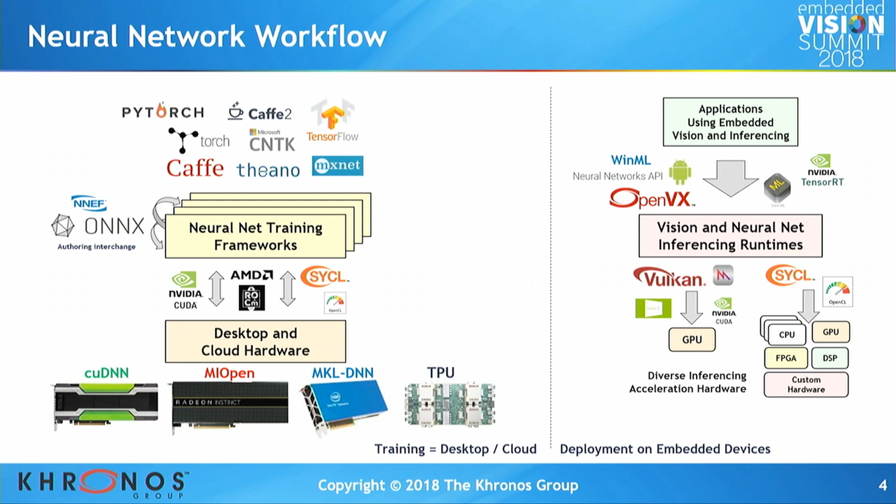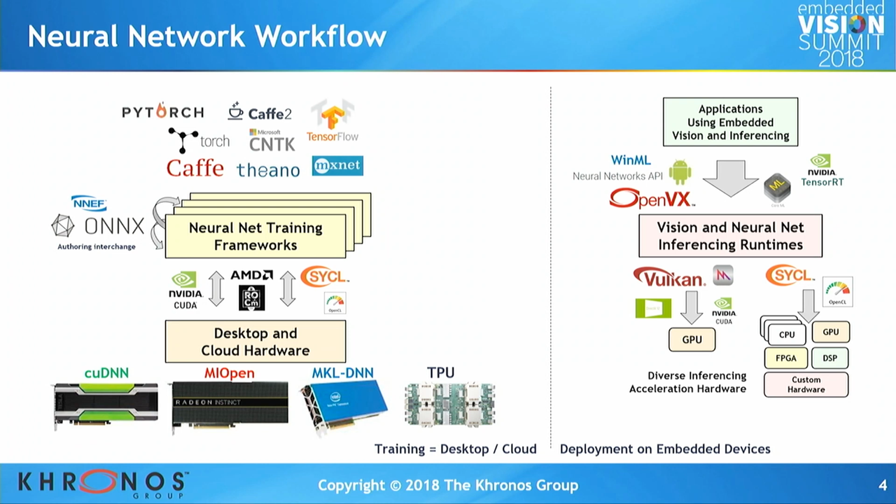We went through them before. Each of the platforms has theirs. Things like TensorRT from NVIDIA, and OpenVX is the open standard. They, in turn, will call down into one of the explicit APIs if they want acceleration. If you have a GPU on your platform, you can use one of the GPU APIs if you wish. If you want to use more heterogeneous acceleration, then something like OpenCL, or SYCL layered on top of OpenCL, can be a good way to get to your hardware.